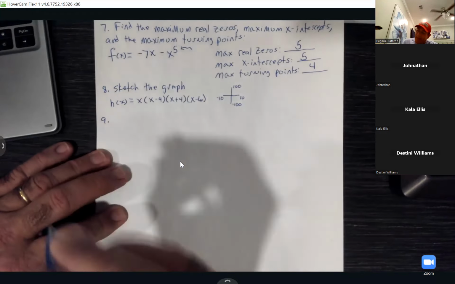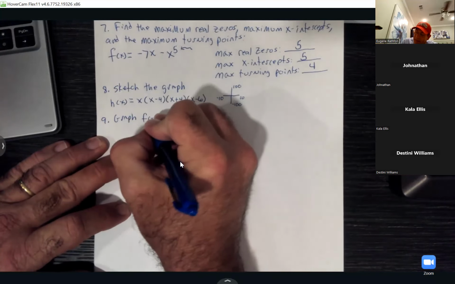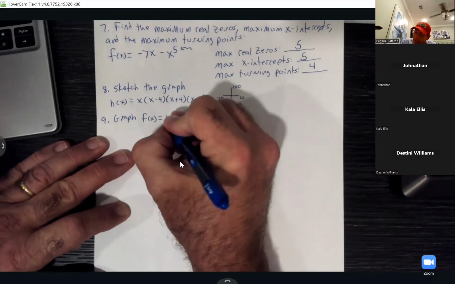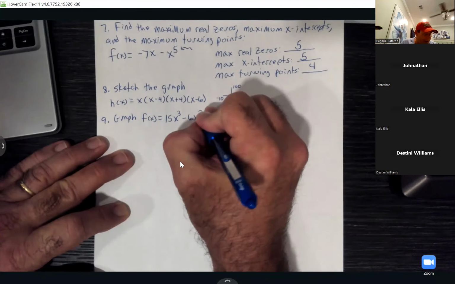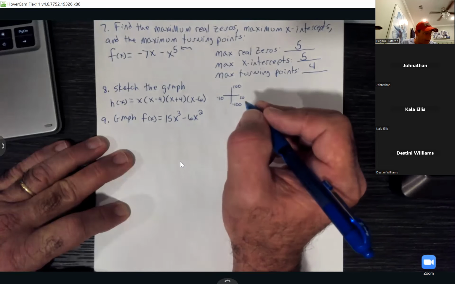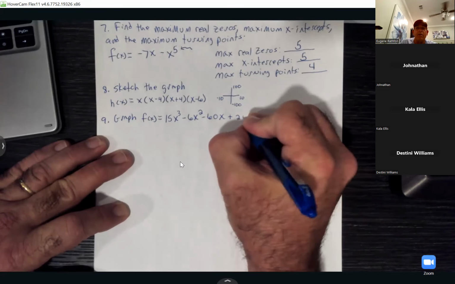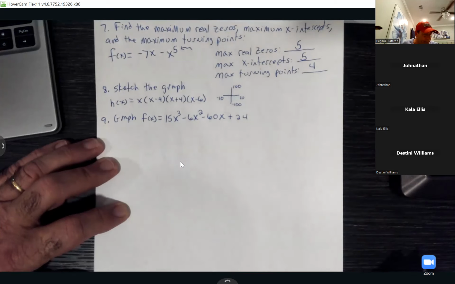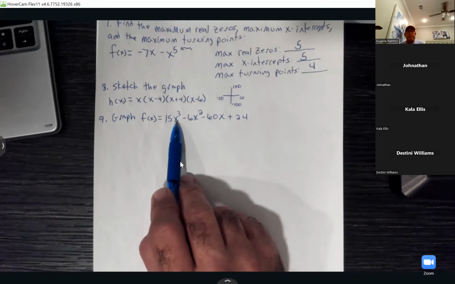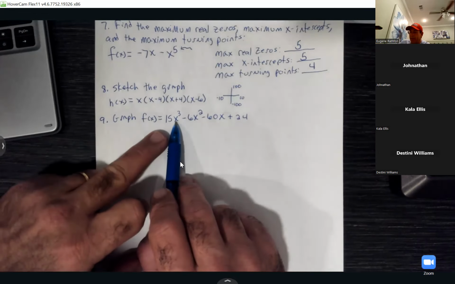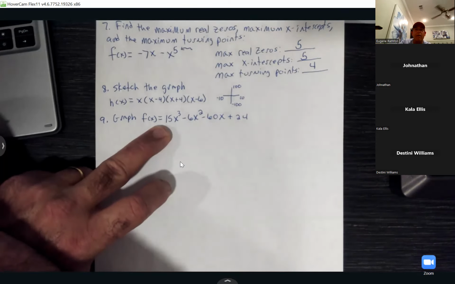So y'all, let me see 9. Same thing, they want me to graph again. This time they're giving us f of x equals 15x to the 3rd minus 6x squared minus 60x plus 24. Now, y'all, really, I'm going to show you on this one. Remember, that's the x to the 3rd, and it's a positive lead coefficient. So we've seen from the end behavior chart